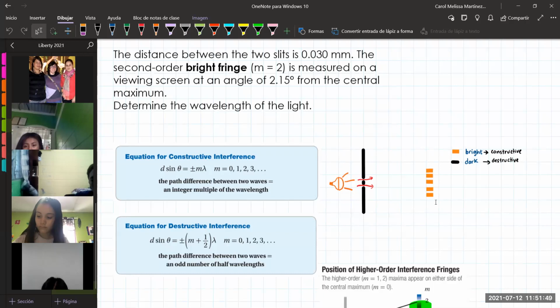Okay, in the dark ranges, well, more or less,